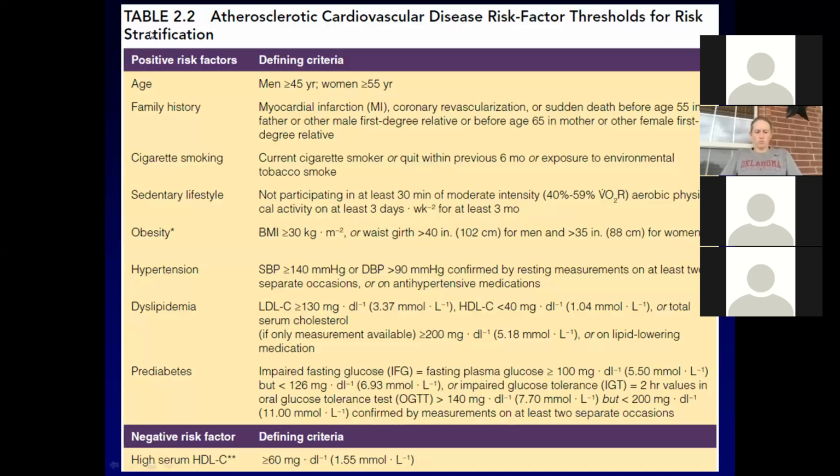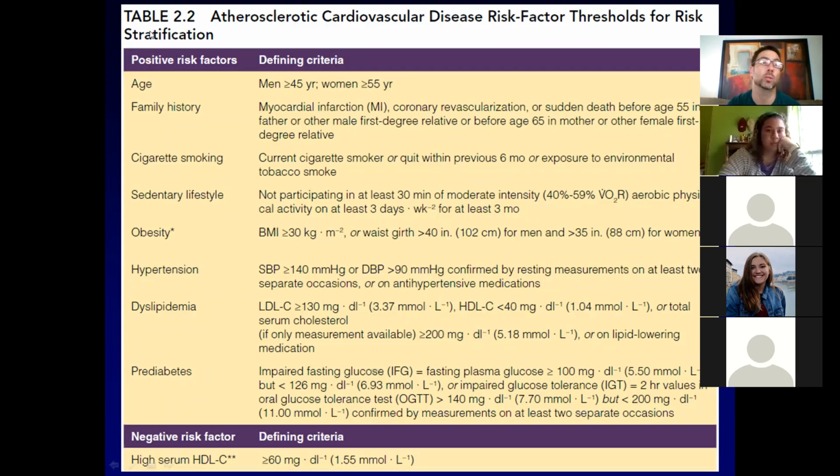Now let's make the assumption that you've got a person who is a man under 45 or a woman under 55. So this is what you guys would be able to do, okay? There's going to be a series of 7 questions. There are 7 primary risk factors for cardiovascular disease that we need to know how you're going to fare on, okay? And for some of them, it's going to be very common that you won't know the answer. So we have to have a way to deal with the fact that people may not know the answers to those things, okay?